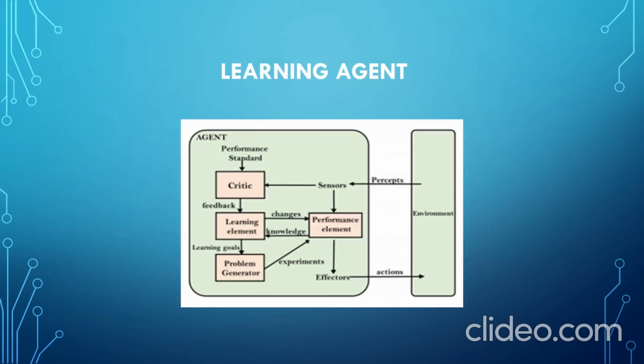As with the above agents, the learning agent also gets the information from the environment through sensors, and the learning agent mainly has four components. They are the critic, learning element, problem generator, and performance element. The learning element always takes the feedback from the critic as per the fixed performance standard, and the problem generator is responsible for suggesting actions that will lead to new and informative experiences. The performance element is responsible for selecting external action by considering the above conditions and performs it on the environment. This is how a learning agent performs on its environment.